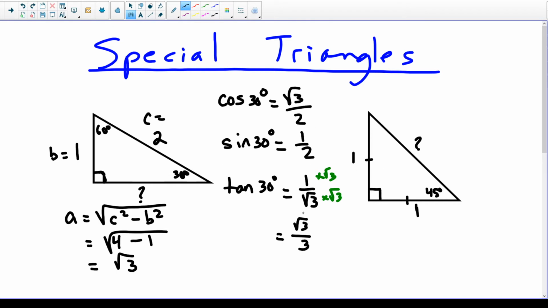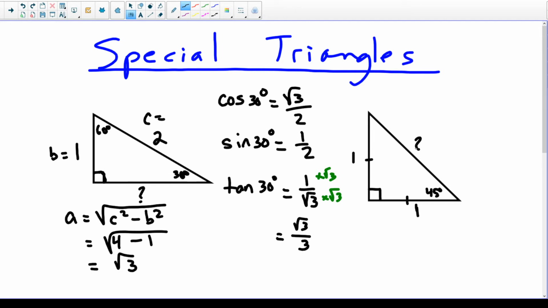And I'm going to summarize these in a table in a second. We can do the exact same thing for the other special triangle. Now this is a special triangle because of multiple reasons. First of all, if this angle is 45, that means this angle is also 45, which makes this immediately an isosceles triangle. And we're going to label the two sides as 1 in size, which means we have to calculate